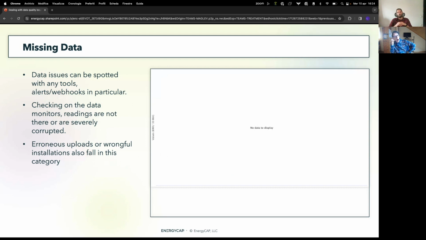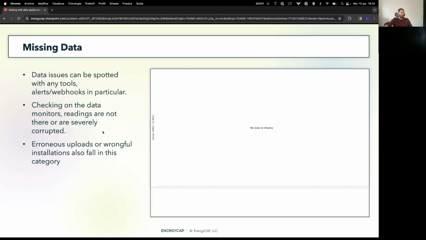So the energy consumption and actually all the parameters are calculated using data that are coming from two different places. So it's not really reliable, accurate data at all, but rather some readings that don't really make much sense. Or it could be that by mistake you uploaded data on the wrong data point